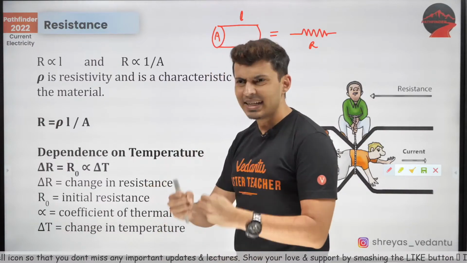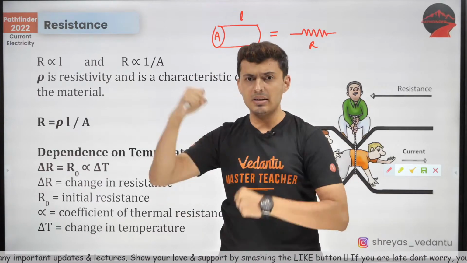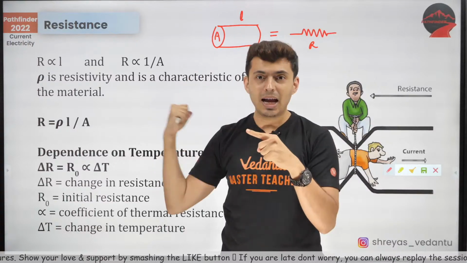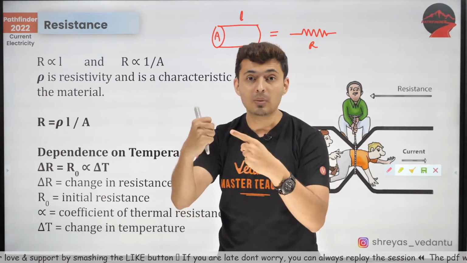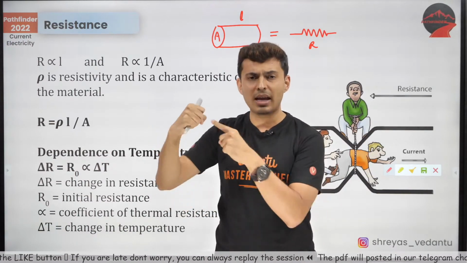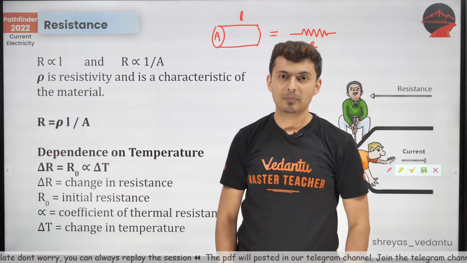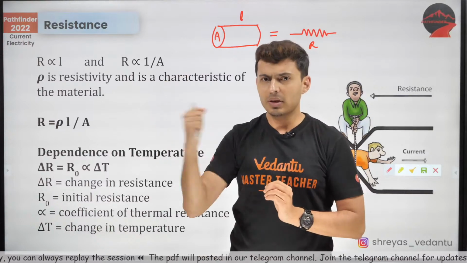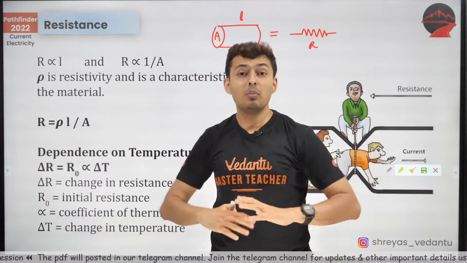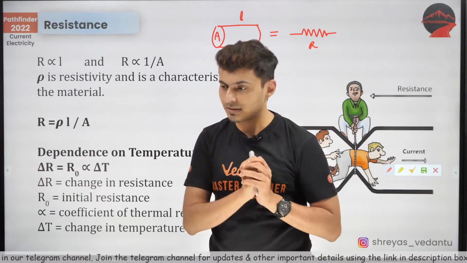In fact, when you increase the temperature, the molecules, the atoms start shaking vigorously, and therefore the electron which is moving will now be encountered by that shaking molecule more frequently. So there is a greater chance of collision of the electrons with the molecules and the atoms, so that reduces the chances of it to flow freely. So more the temperature, more the kinetic energy of the molecules, more the chances of collision, and more obstacles, and therefore lesser conductivity, and that's why the resistance increases.